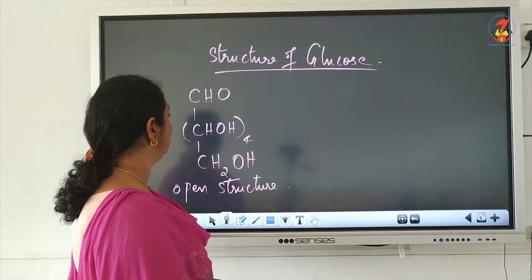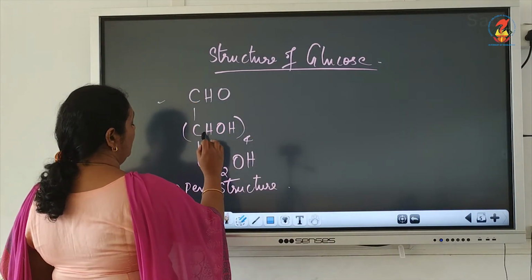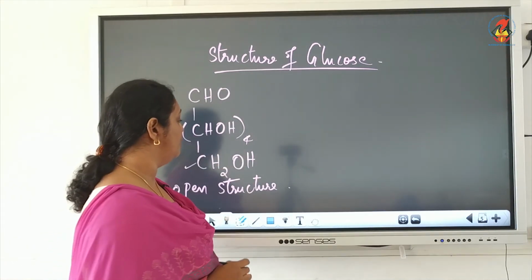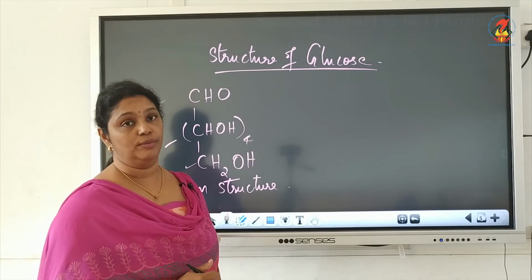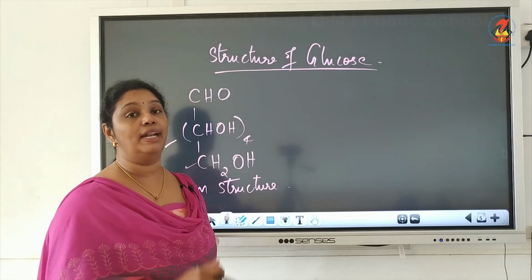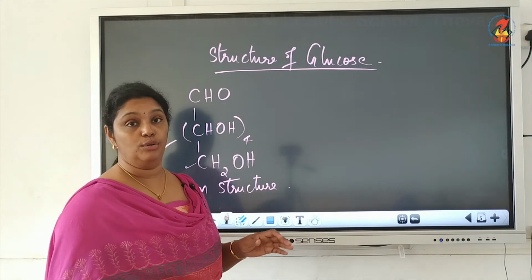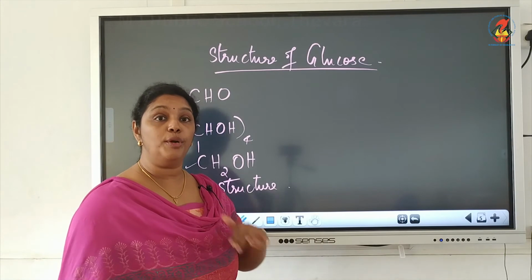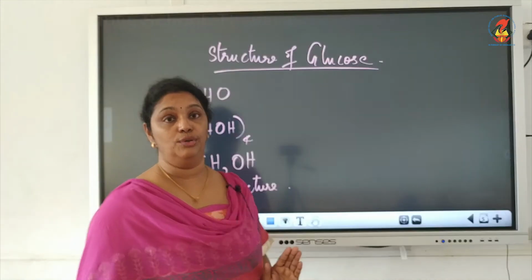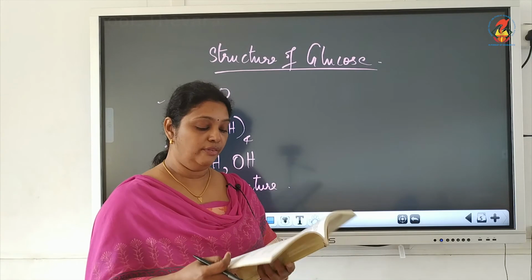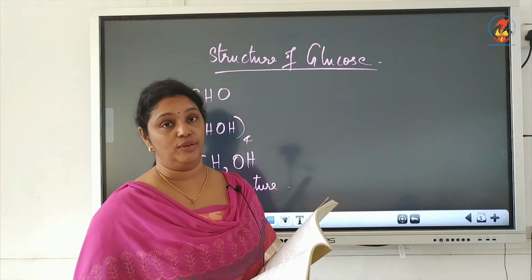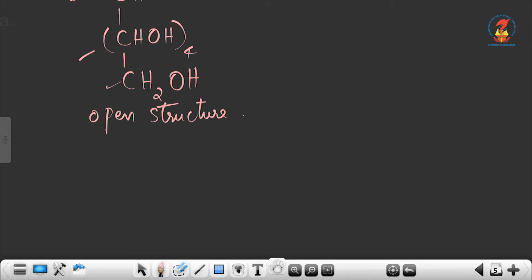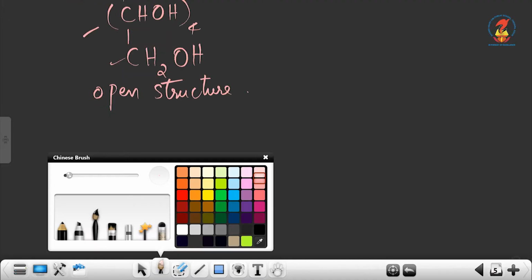If you look at the structure, you can see there is an aldehyde group, there is an alcohol group also. Now the CHOH is a secondary alcohol group and CH2OH is a primary alcohol group. So total 5 alcohol groups and 1 aldehyde group is present in glucose, and you can see they are all in a straight chain. So the reactions that proved the presence of this structure for glucose we are going to discuss. So the first thing is the molecular formula of glucose was found to be C6H12O6. Now the first reaction is reaction with